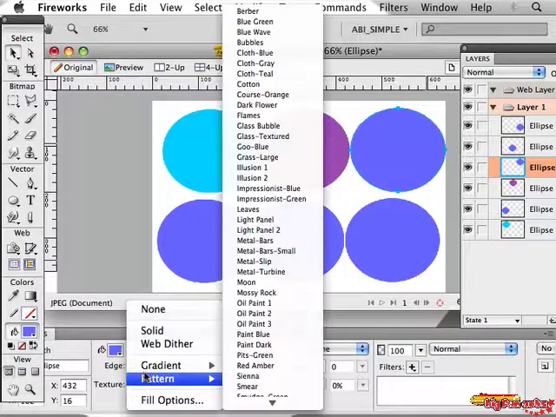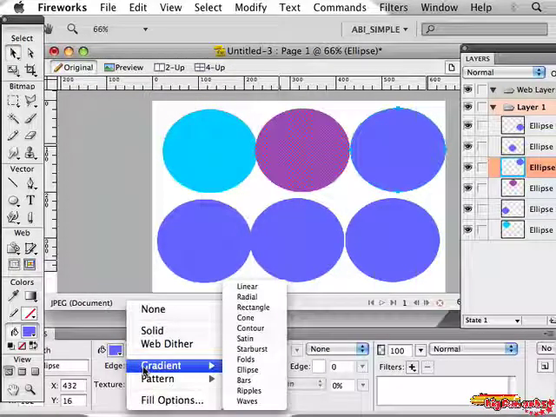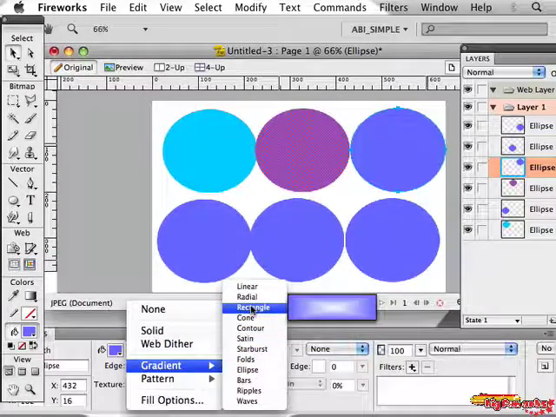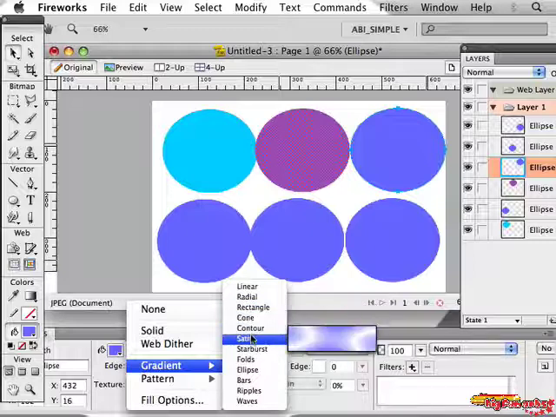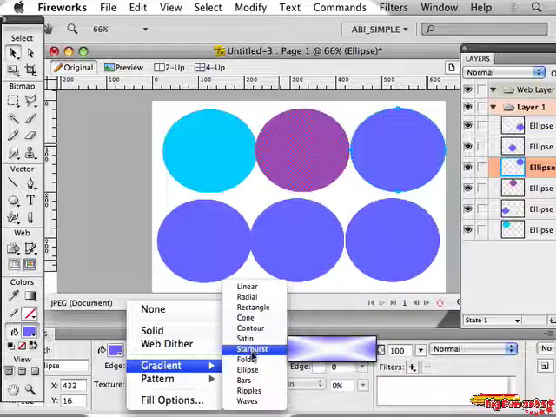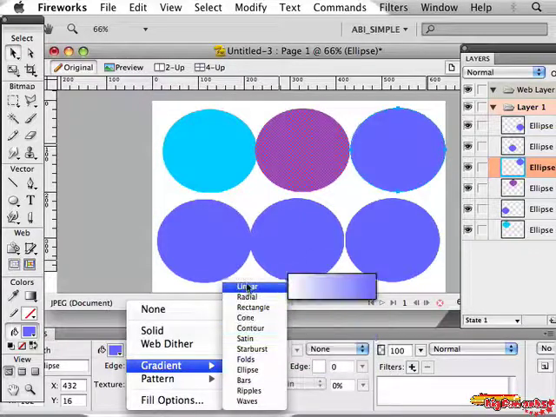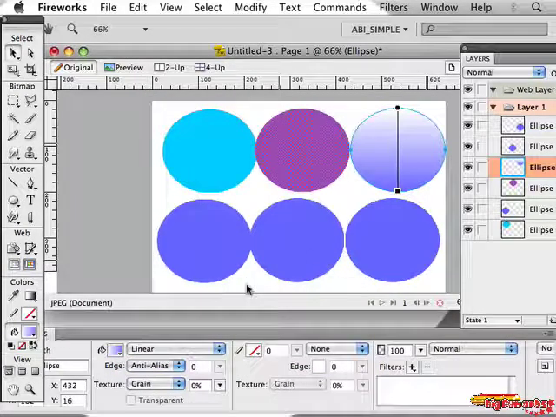Yes, it is already selected, and the next choice is a gradient. Now with gradients you can see there's quite a few choices. There's linear and radial, rectangle, cone, contour, satin, starburst, folds, ellipse. You can look at all these on your own. I'm going to fill it with the typical linear gradient here and show you that you can